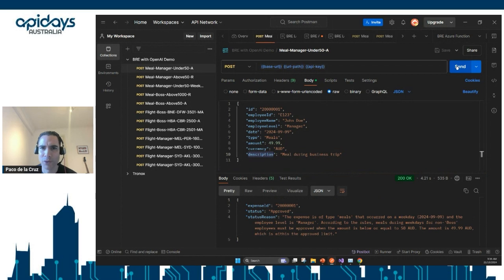As you can see here, I'm receiving the JSON output that I specified in my chat completion options. I'm receiving the status and the status reason. In this case, this expense claim was approved, and it's telling me the reason. Now it's important to see here that I just provided a date, and the LLM was able to deduce that this was a weekday.